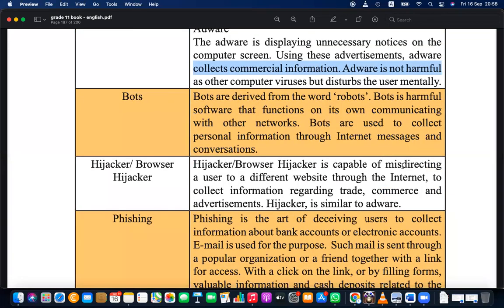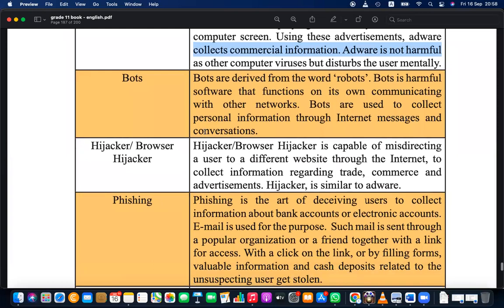Bots. These are automated bots or the robots, robot tools or automated tools, doing various things. This can be for various purposes: automated clicking, automated message sending, automated information collection, spying, automated message generating. A lot of things can be done using bots. It depends. You cannot say bots are used to collect personal information through internet. This is all in our book. Pathetic. Bots are used to collect personal information through internet messages and communications.